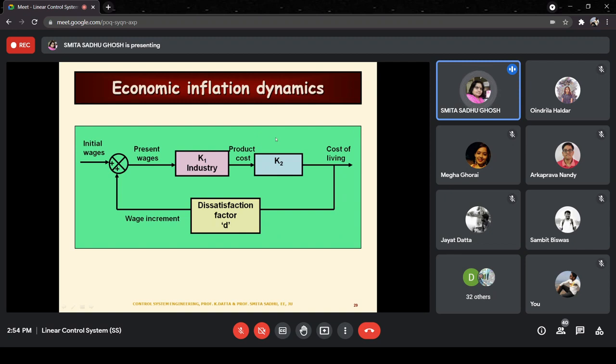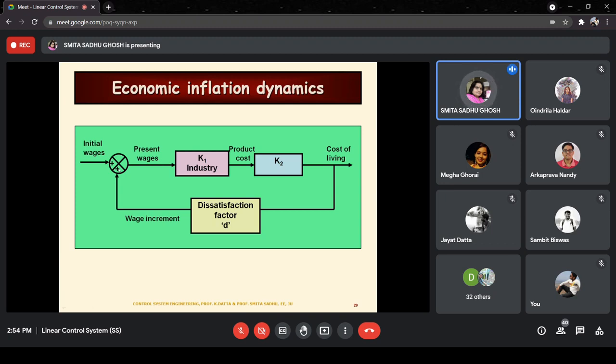And you can as well understand here we've taken the very simplistic model of a single industry, but this is the situation which actually arises in the financial situation of the country itself. So inflation goes up and up due to this simple reason. And the system itself is not a stable system. So you might as well understand that it's going to go up and up and up if the wages are incremented in this fashion, right? So this particular example is a very typical example of a positive feedback system. Because of the positive sign over here, it's called a positive feedback system.